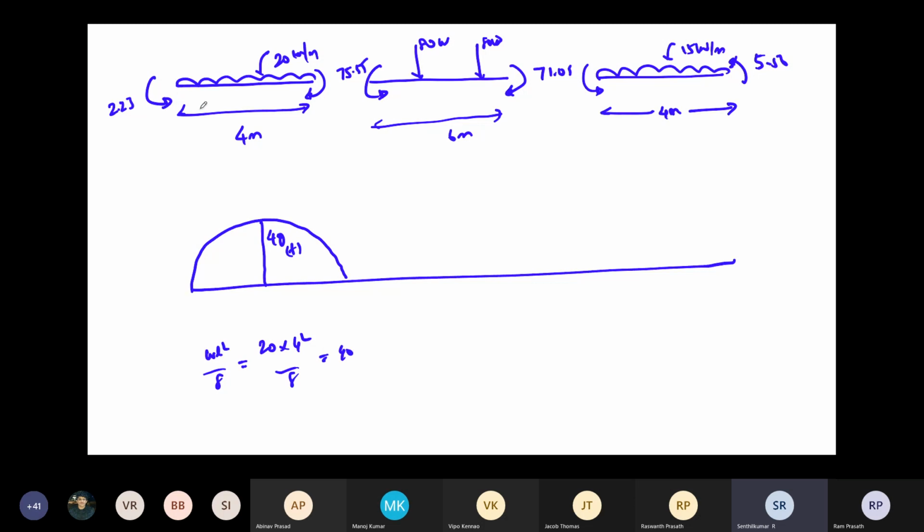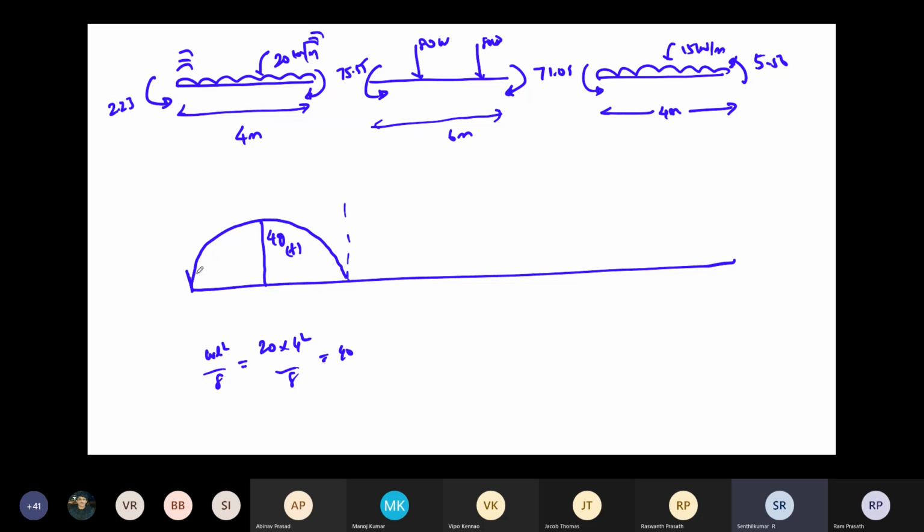But what about due to fixity? You are having end moments, right? Due to continuous swing also you are getting the hoggings. So now this is hog upward. This is also hog upward. So minus 2.23 minus is starting, and 75.55 at the same support here.